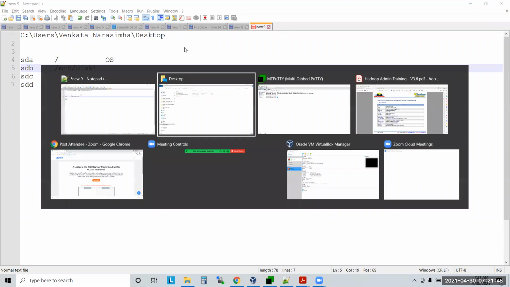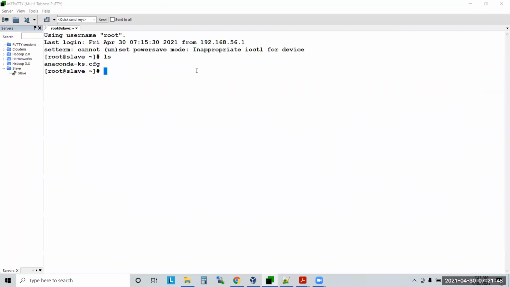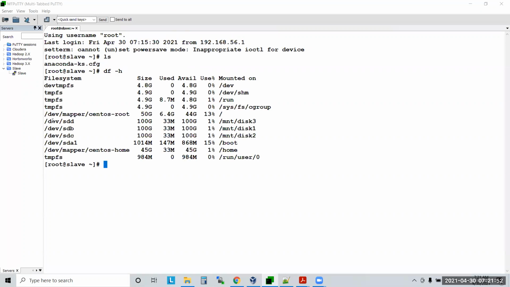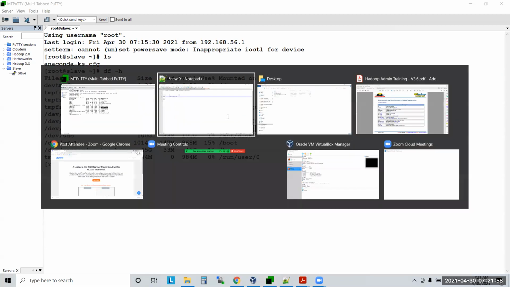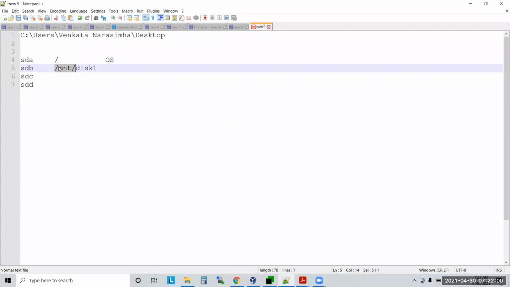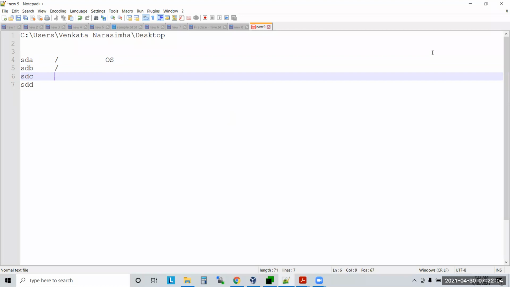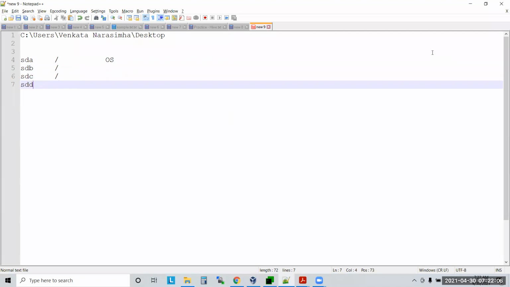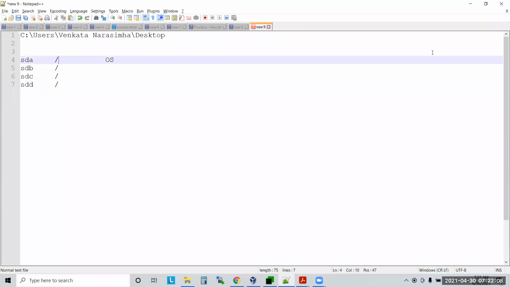If you see df -h, what is SDB? Which is nothing but MNT disk 1. Please don't get confused. Initially, if you see any hard disk, the starting point will be slash only, correct or not?